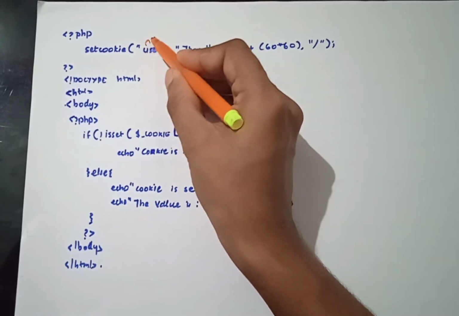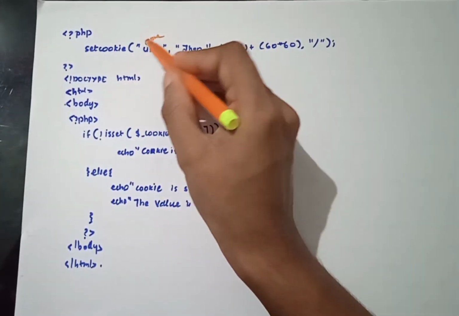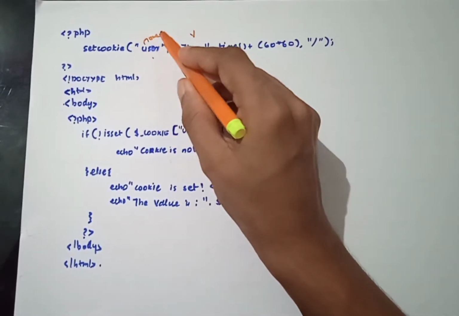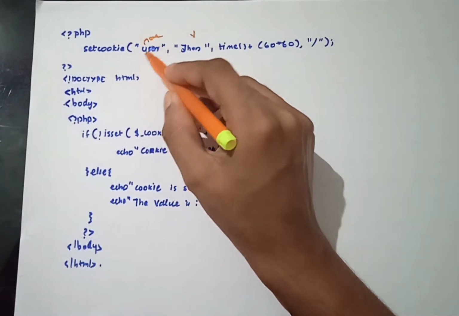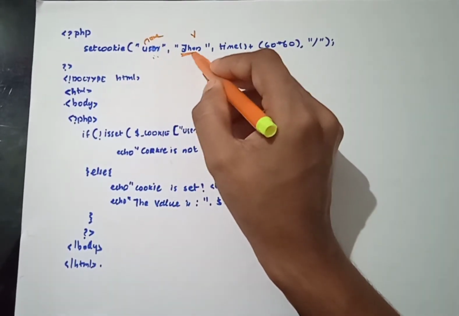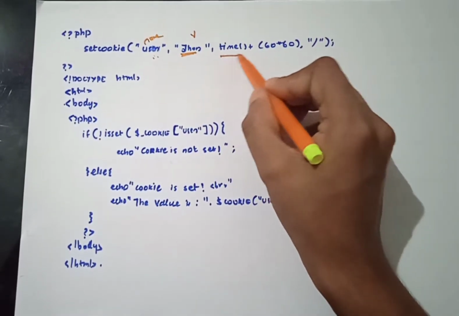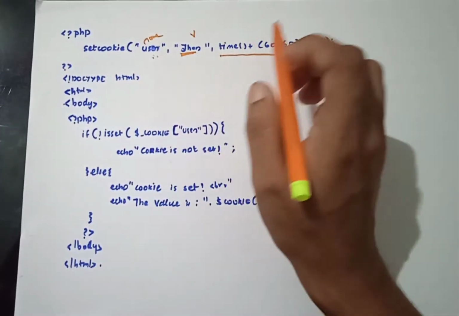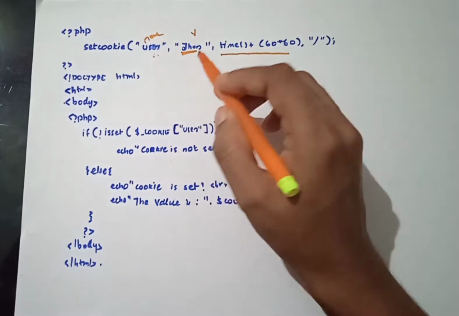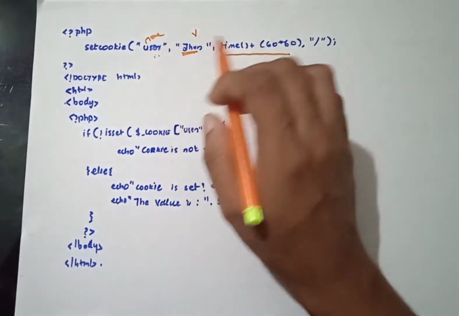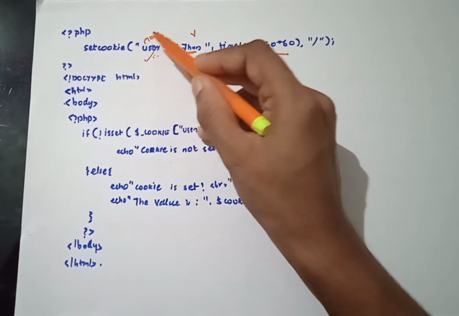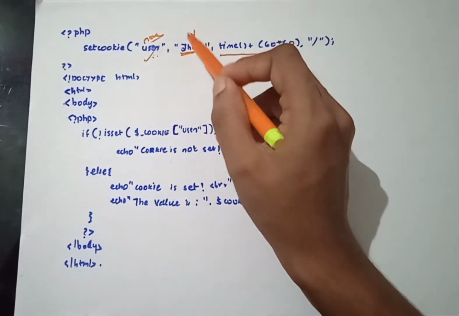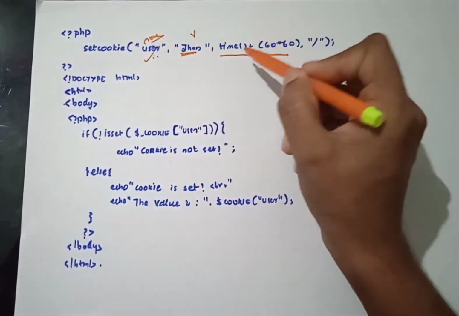Okay, so here we declared set cookie, and having something inside like this can be the value, this can be the name. Here the set cookie has the name user. I defined its name as user, and this cookie with the name user can have the value John, and I've given a valid time here. So this is a very simple way to define a set cookie. The mandatory field is its name, and we should obviously give a value to that. So we are giving John as the value, and of course the time.